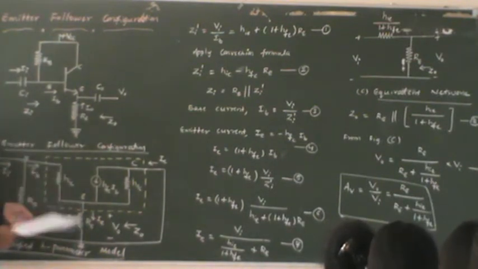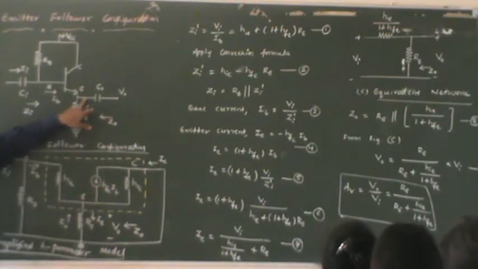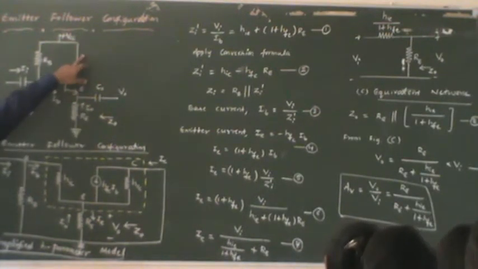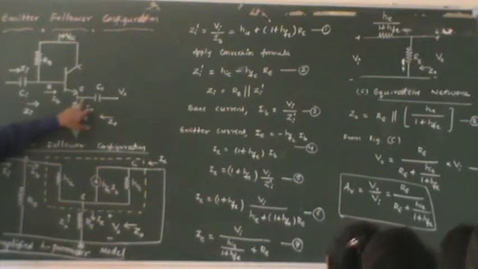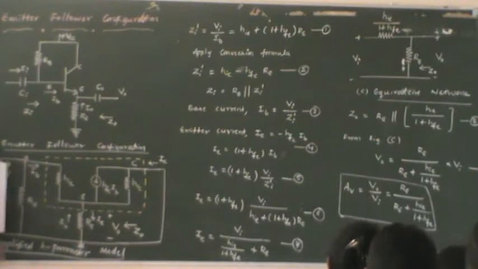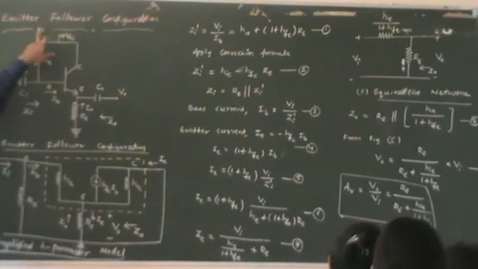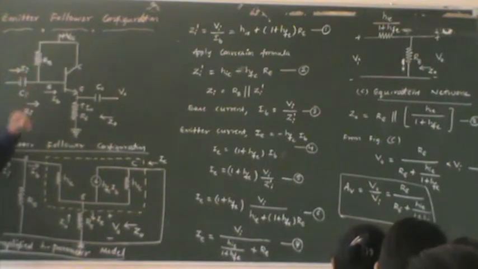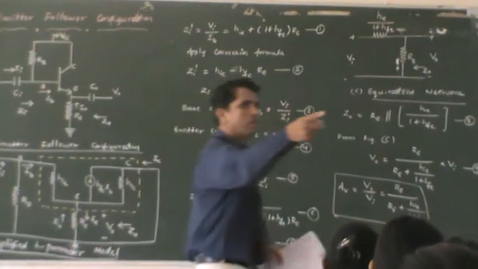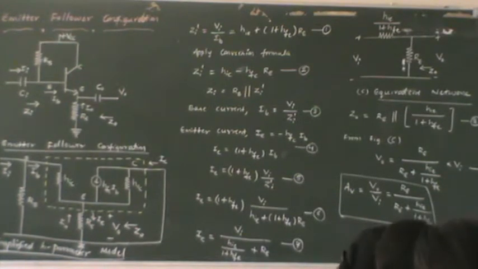Look at this circuit. This is one of the circuits where we take the output across the emitter. For this circuit we take the output through the emitter. That's a change. And when you write the equivalent of this, the emitter follower becomes a common collector. This is another configuration of the common collector: the emitter follower configuration.